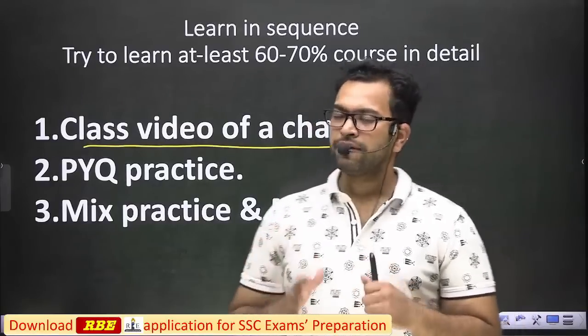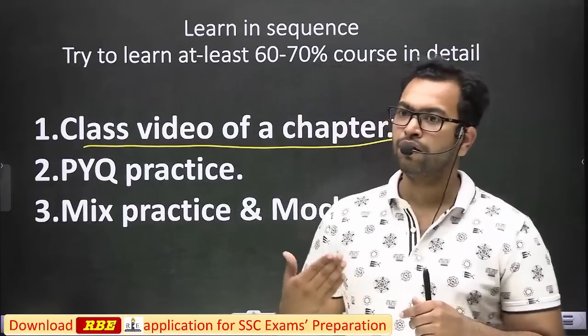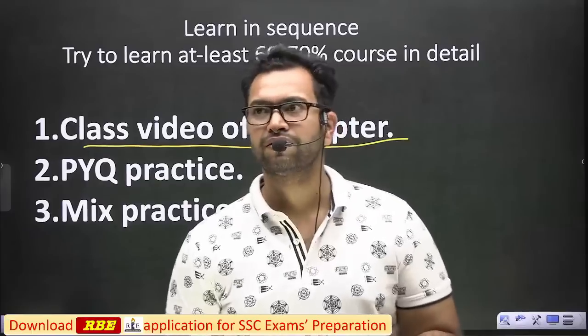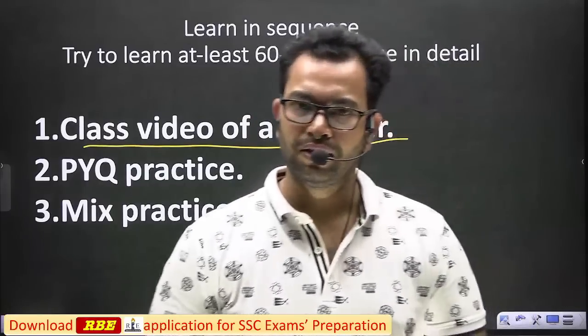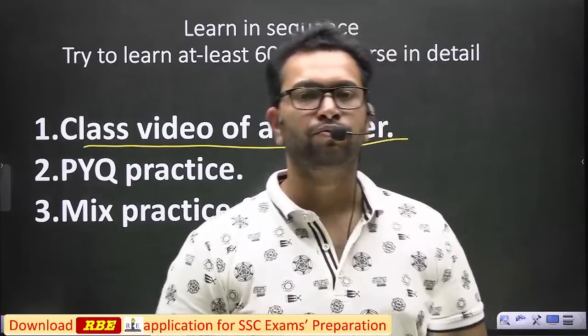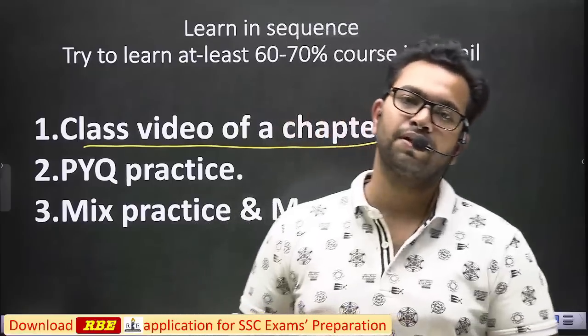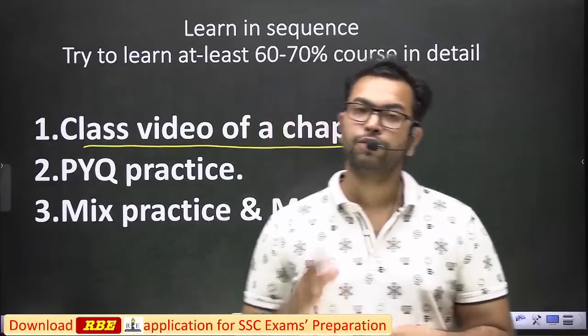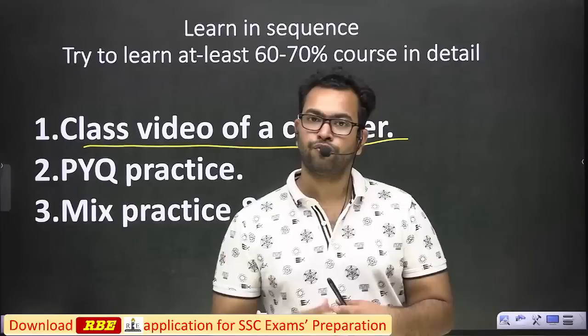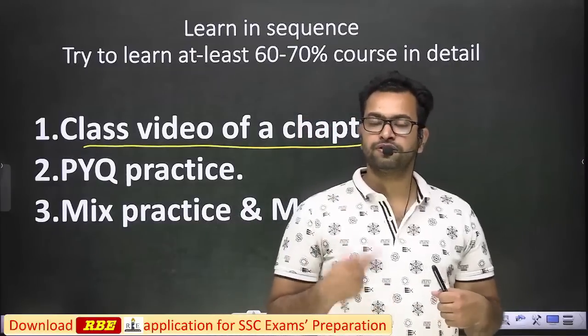Some aspirants can do complete mathematics in 3 months if they give 3 to 4 hours daily, but for some aspirants it may take up to 6 to 7 months or 8 months as well to cover the mathematics section. It totally depends on your background. For two different individuals, this strategy can be different.